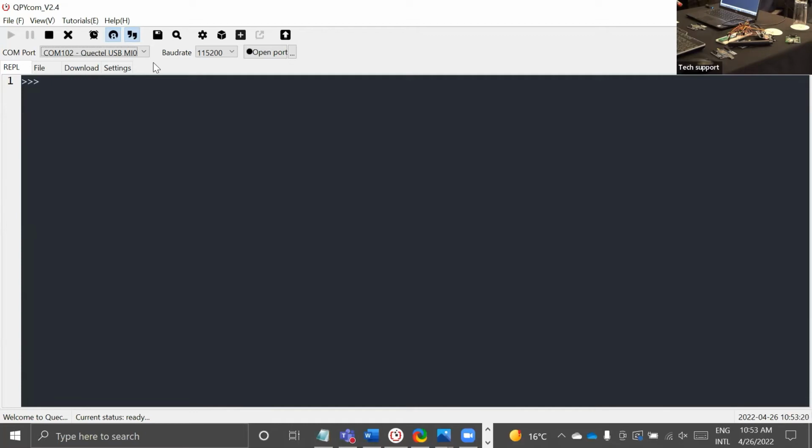Why do you need it actually? Which one should be short? There are two ways to start up this eval board module. You could have the jumper like you put, or without the jumper, you only need to press the power key for 2 seconds, which is the first one here.